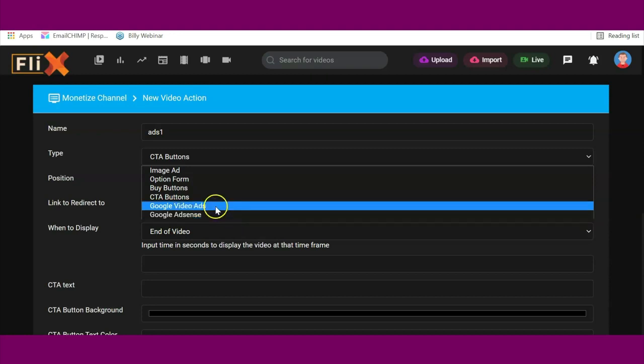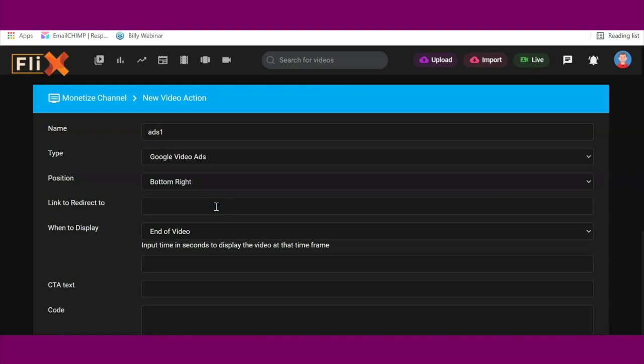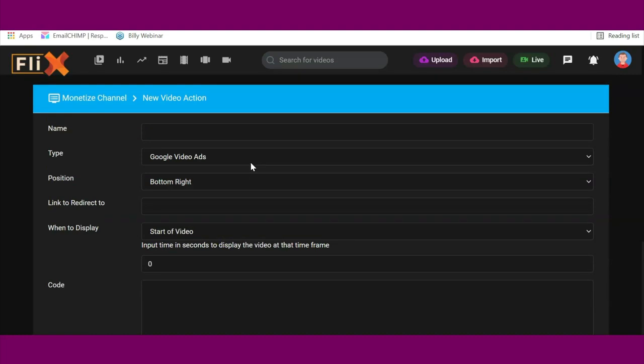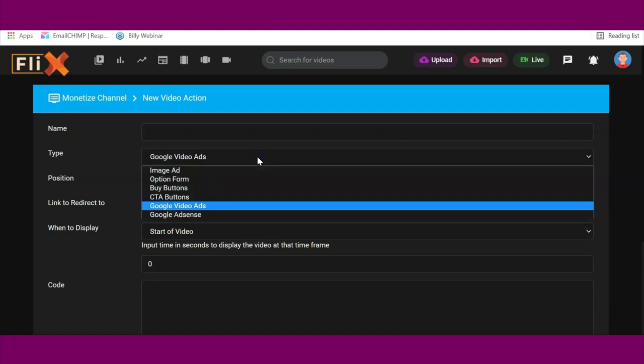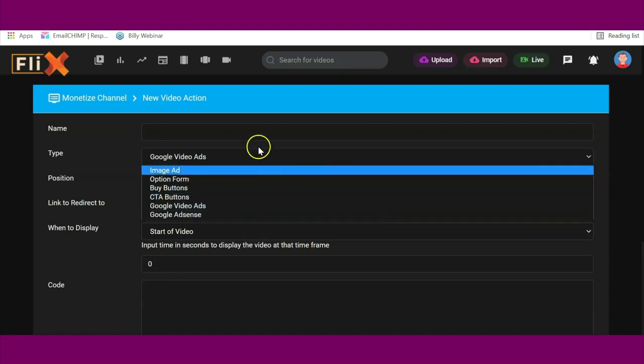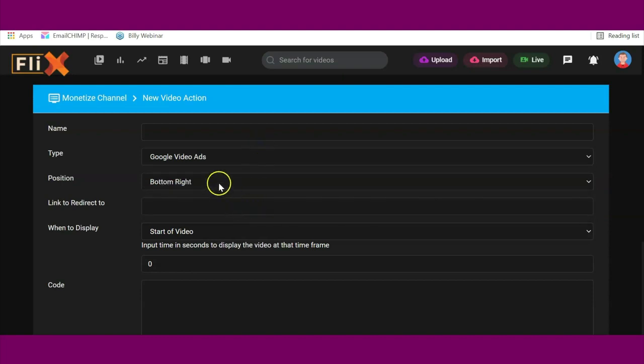So in case of video ads, I'll select Google Video Ads, which allows you to actually run video adverts live inside your videos on Flix. So anytime people watch videos on Flix, you get paid per view. You can also do the Google AdSense banners, whereby you can insert ads inside the videos and you get paid from that as well. So I'm just going to select that, select the position bottom right, then leave this blank,